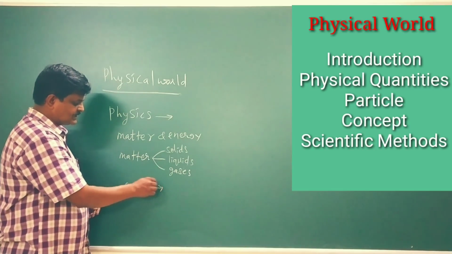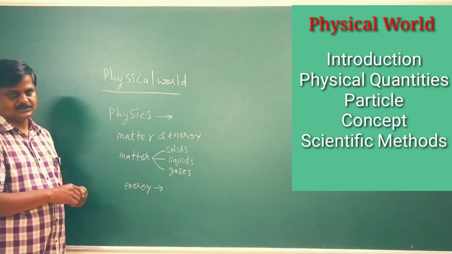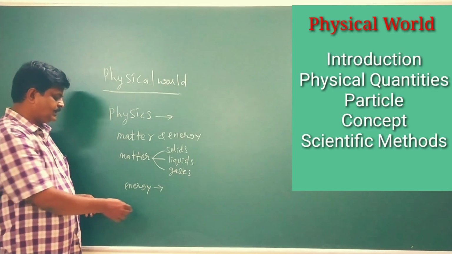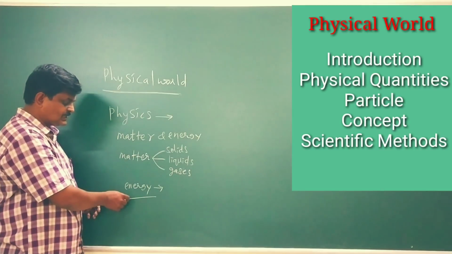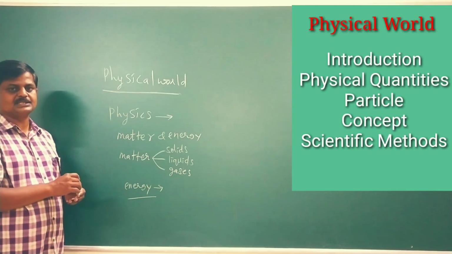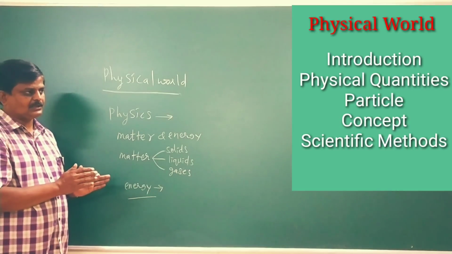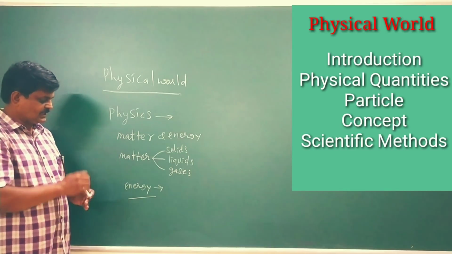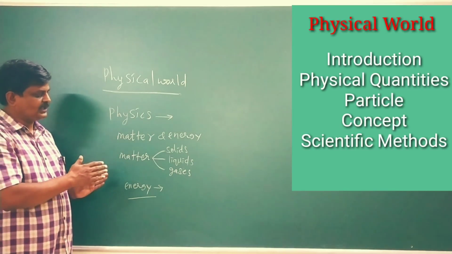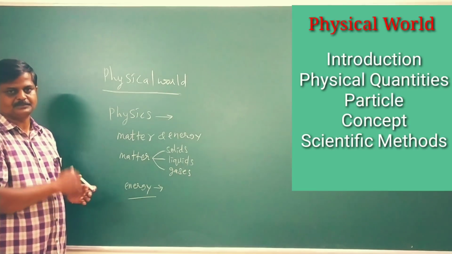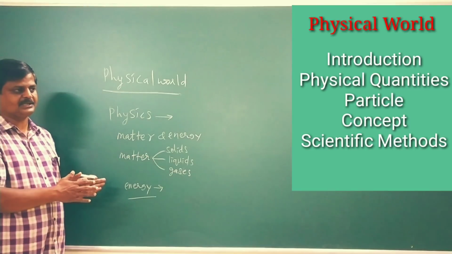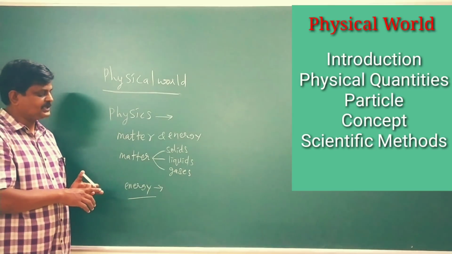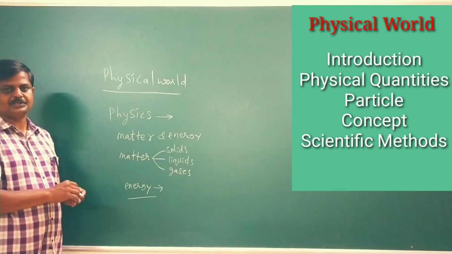All of you know that it is the capacity to do work. Always work is done with the expenditure of what? Energy. And we say energy is conservative. Do you know the meaning of conservative? The basic conservation law says, what is the conservation of energy? It says one form of energy can be converted into another. However, you have learned the fact that energy can neither be created nor destroyed. But what could be done? One form of energy can be converted into another.